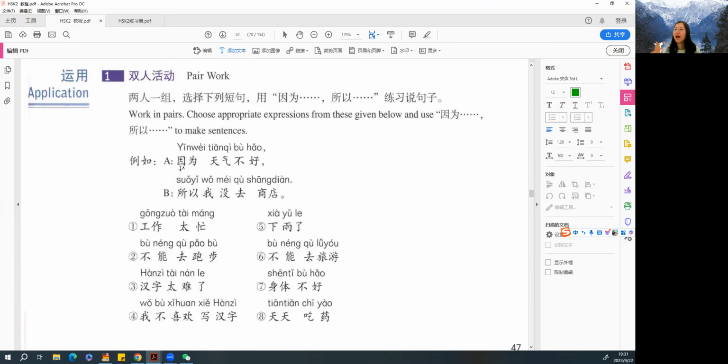All right, A said 因为天气不好。This means because the weather is not good. 所以我没去商店。So I didn't go to the shop. We make it with those options over here. The first,